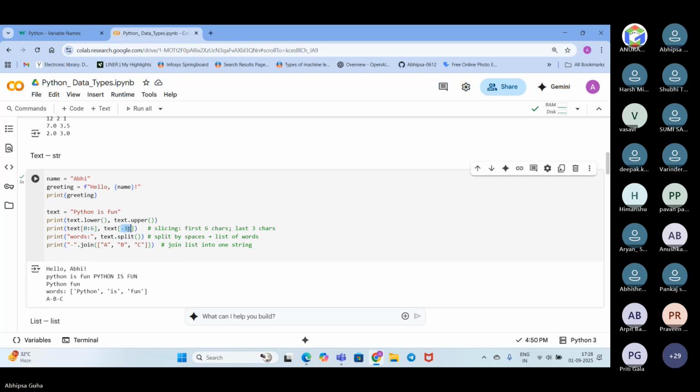We can put character 4 also, character 5 also. That is your choice, but this is how we represent it to get the value.